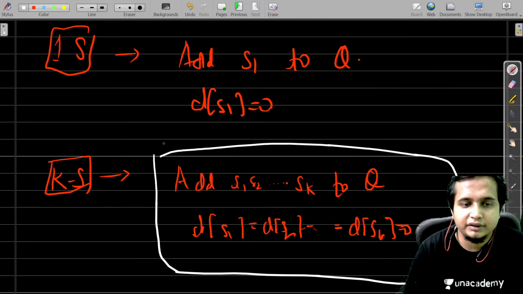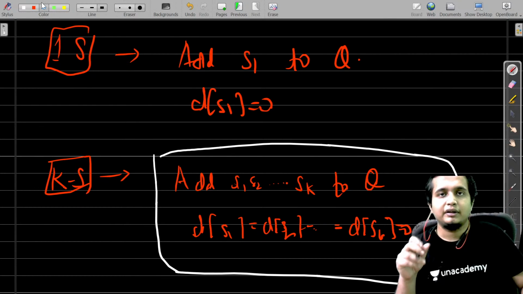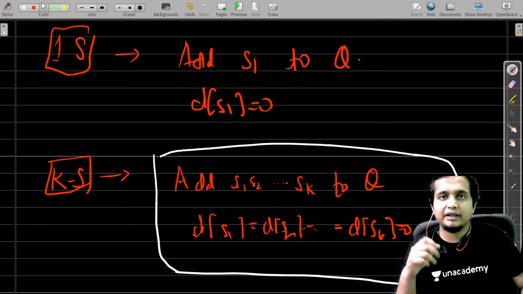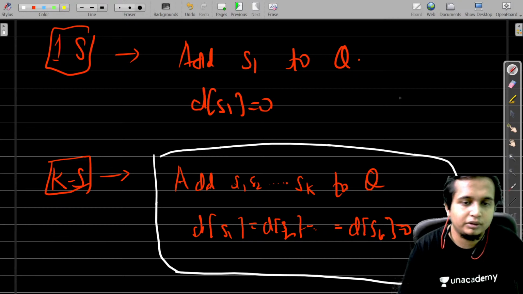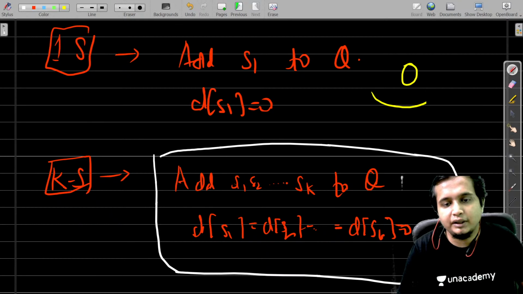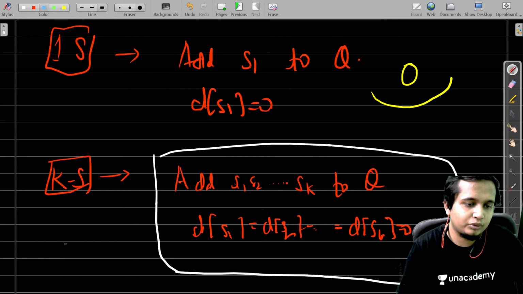And how does it work? The first thing that you guys need to understand is BFS is breadth first search. What you do in BFS is you traverse nodes level wise. If there is only a single source node, then you would be traversing it level wise. This you already know. But if there are multiple source nodes,